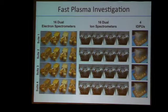I'll use FPI because that's something I've been working with, just as an illustration. This is the hardware that we have on board. There are actually 16 dual electron spectrometers. That means there's actually 32 of them. And they all have different operating points. They have different microchannel plate efficiencies. They have different,